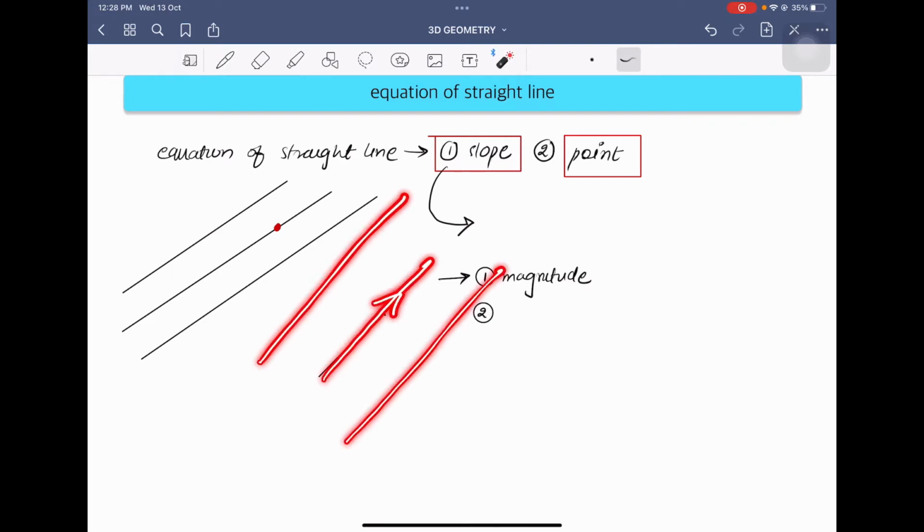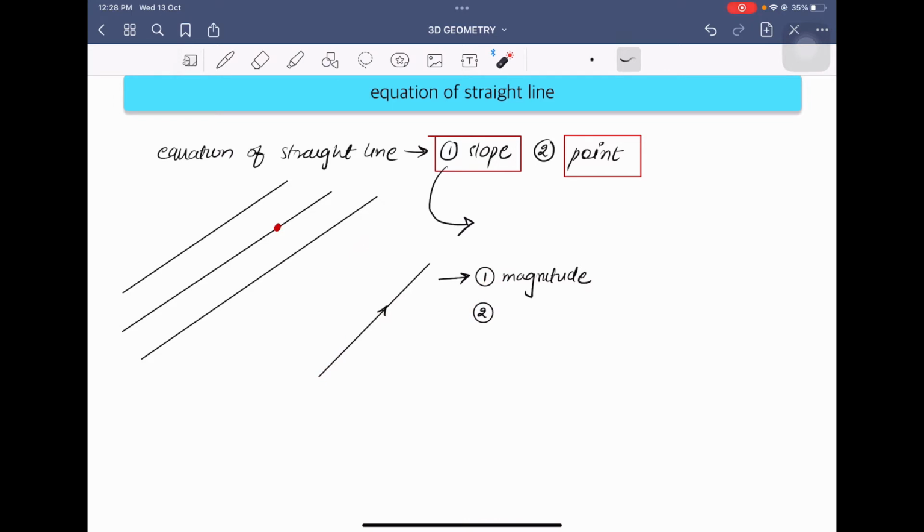So this is the vector given. This vector will be parallel to a particular line. So that was called the support of the vector. Okay. And the third part was the sense of the vector. That is, either this vector could be facing in this direction or in this, right? So third was the sense of the vector.